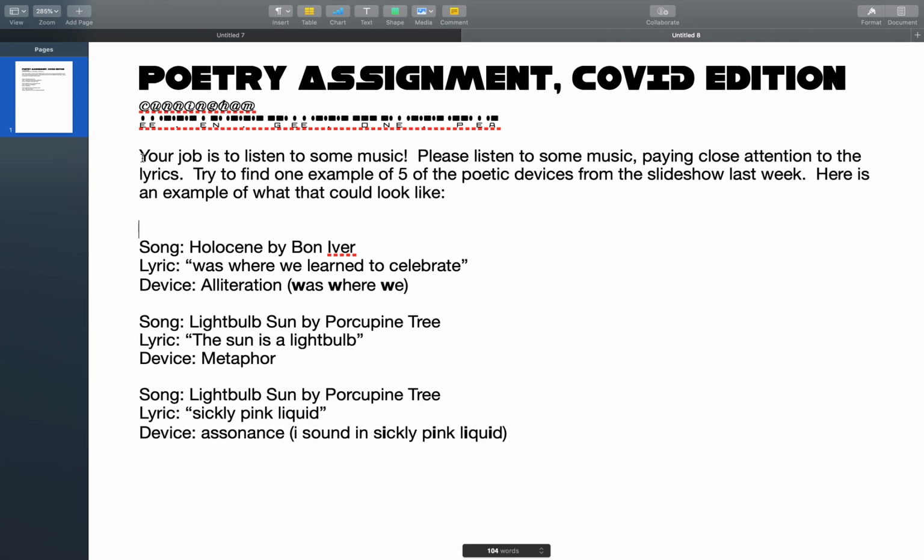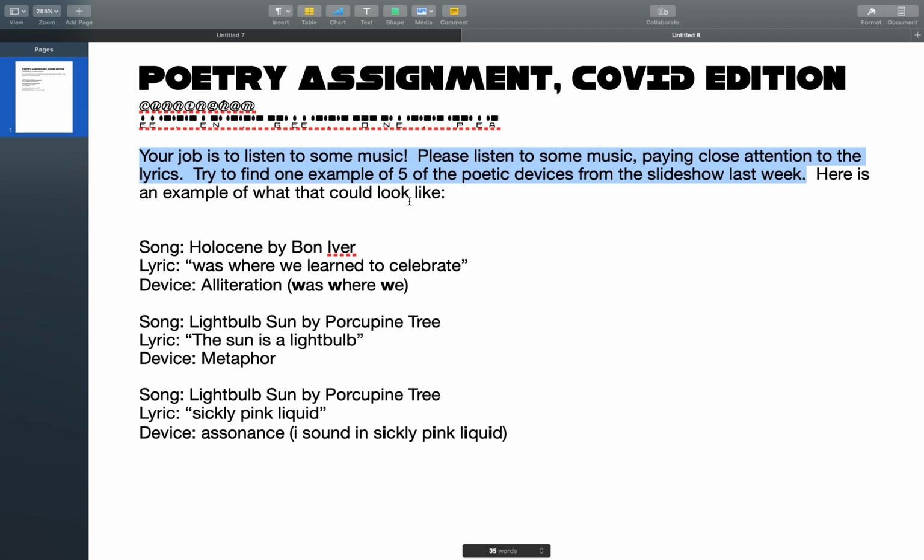Okay, so your job is to listen to some music. I hope that's something you like to do anyway. Please listen to some music, paying close attention to the lyrics. Try to find one example of 5 of the poetic devices from the slideshow last week.